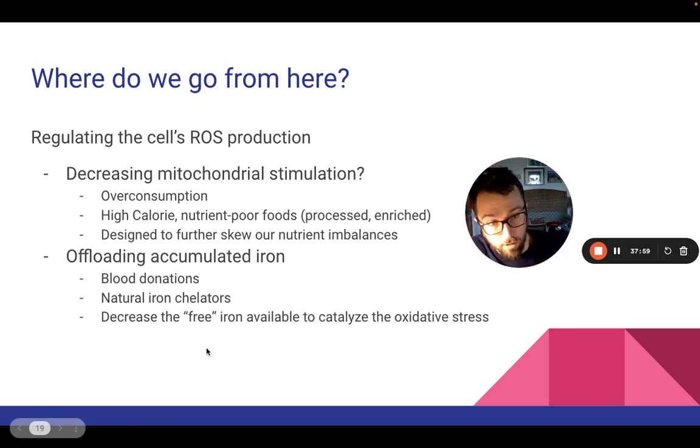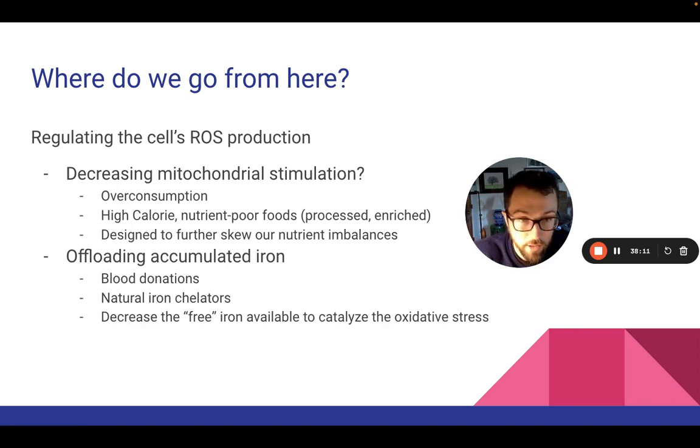In addition, because this is systemic and has been happening over a long period of time, we've got a big buildup of iron in our bodies that is causing this spontaneous generation of all these hydroxyl radicals. So what I've been doing and what I've been focusing on is offloading iron, blood donations, natural iron chelators. I've talked about this in previous episodes as well. But we need to decrease the amount of free iron that hydrogen peroxide is just happening upon and imploding with,